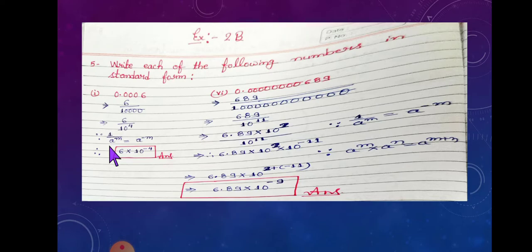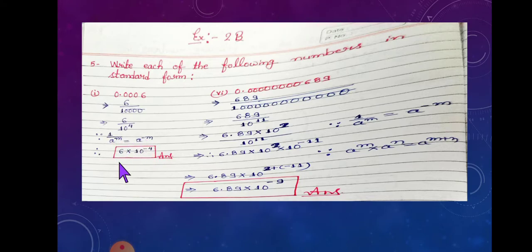And you already know all the exponent laws. If you have 1 upon a power m, we can write it as a power minus m. It means negative exponent. How we convert negative exponent to upon, and upon to negative exponent, I have already explained to you many times. So you can see our 10 power 4 is in the denominator. When we transfer it to the numerator place, it becomes a negative power according to this negative exponent rule.